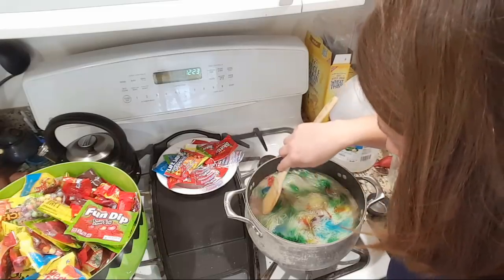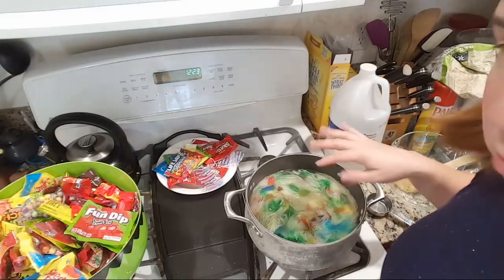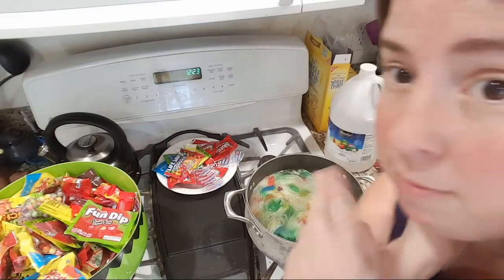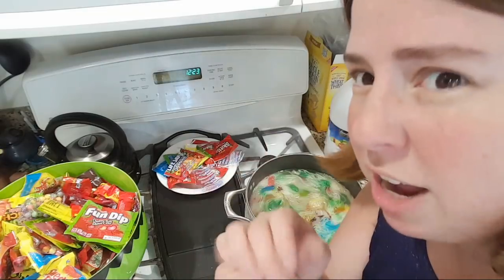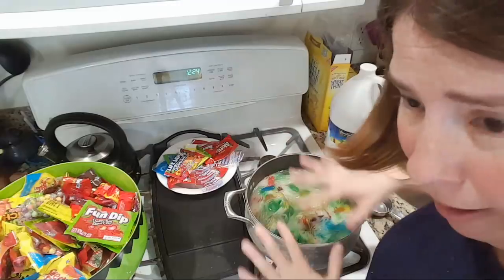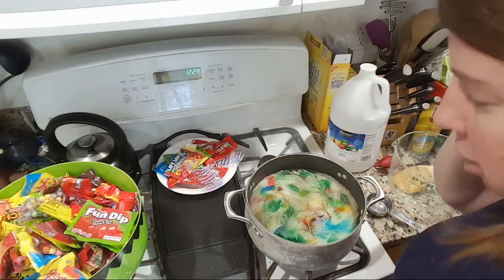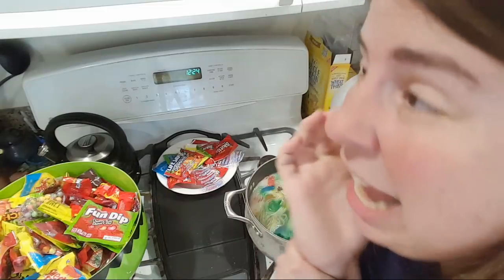So the gummies I might have to peel off, but I chose the superwash sock yarn for 2 reasons. One, we have been learning that superwash yarns absorb dye faster, so I knew that we would get some really cool patches and speckles from candy using a superwash yarn. The second reason is this might require a lot of washing,